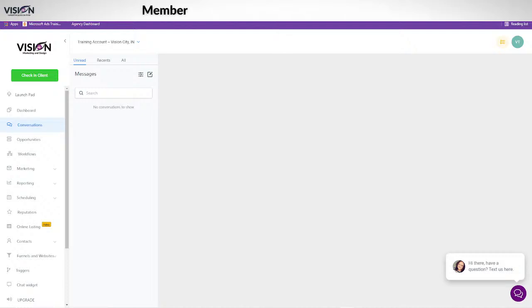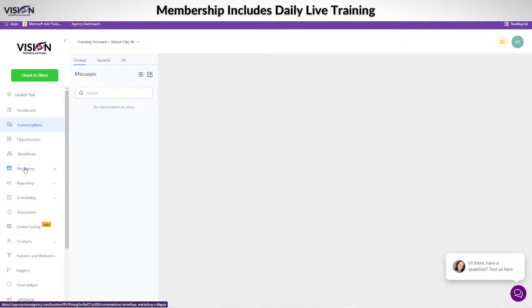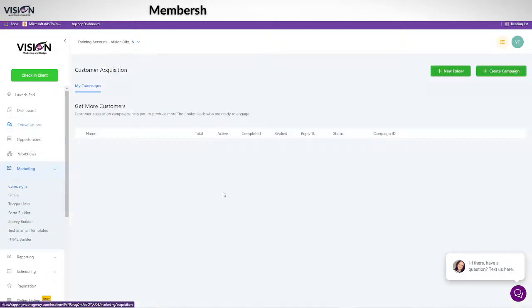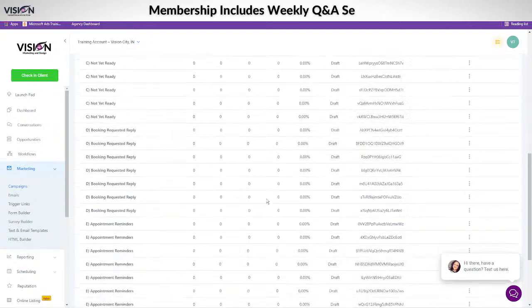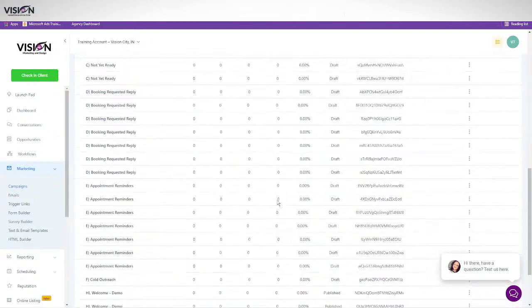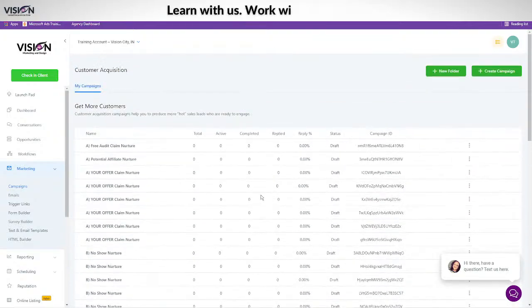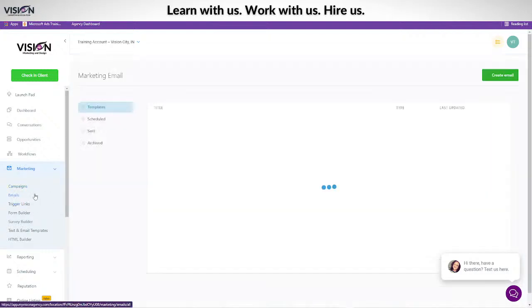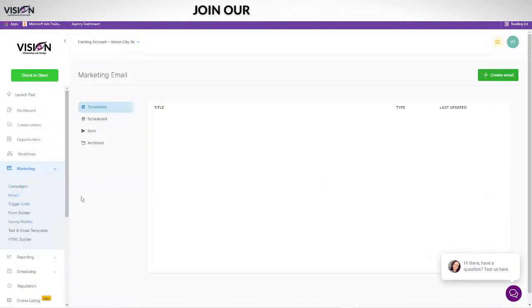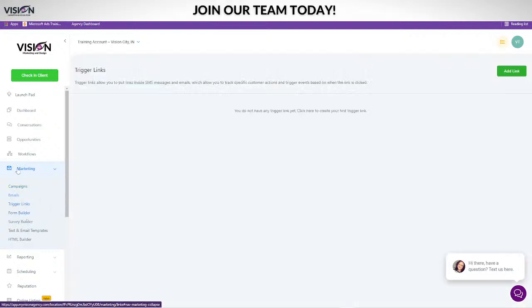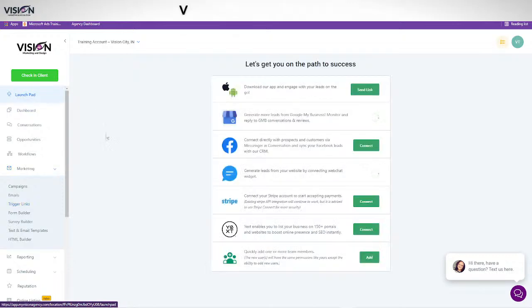Terry says, do we have a demo campaign that we can use? Terry, you actually had a snapshot loaded into your account. If you go to marketing and campaigns, you'll see all of these campaigns that you should be able to access in there. And then of course you have all of these preset triggers and different things that you can use. So definitely check that out.